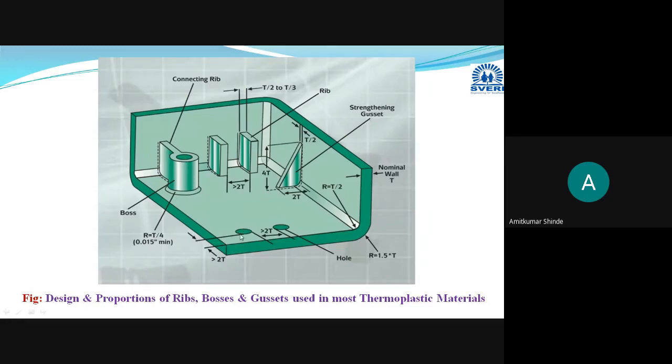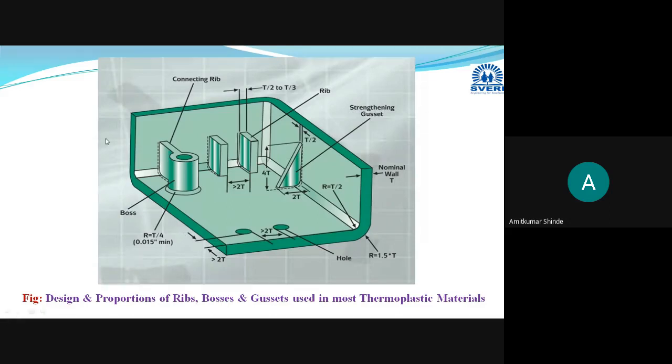Here we have provided some holes, and this is the radius inside and outside, inside radius and outside radius, or you can say a fillet. You can say this part is a fillet. This is the outside radius, this is the fillet. Then we are going to discuss the purpose behind providing these extra extensions or protrusions. One by one we will see.